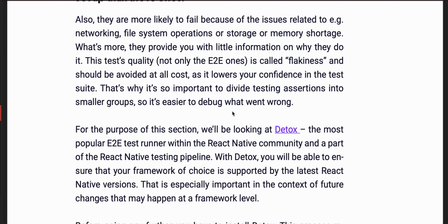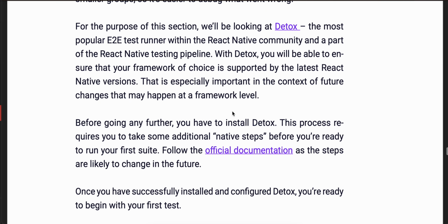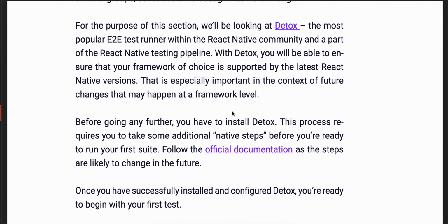This test quality, not only of E2Es, is called flakiness and should be avoided at all cost, as it lowers your confidence in the test suite. That's why it's important to divide testing assertions into smaller groups so it is easier to debug what went wrong. For the purpose of this section, we will be looking at Detox, the most popular E2E test runner within the React Native community